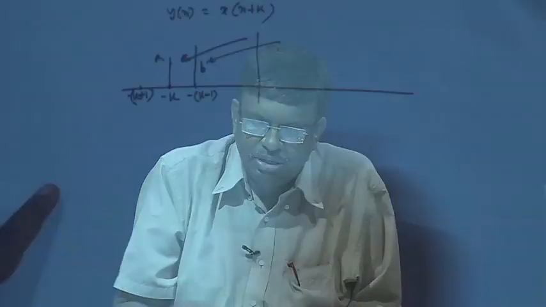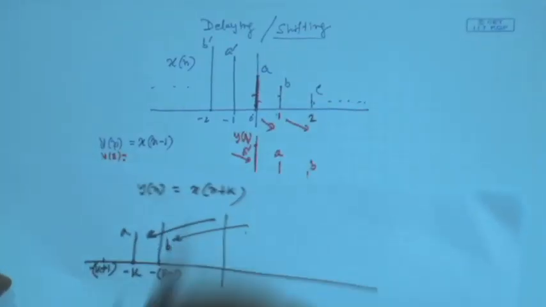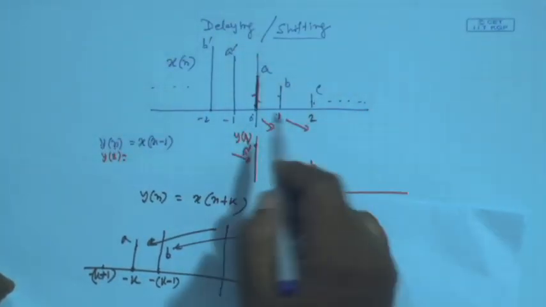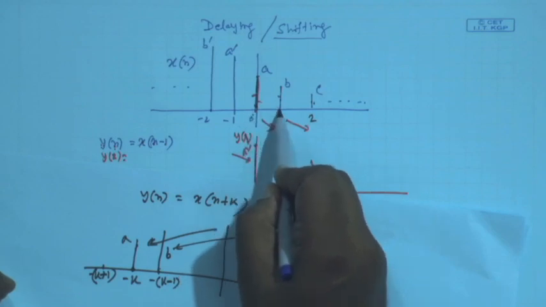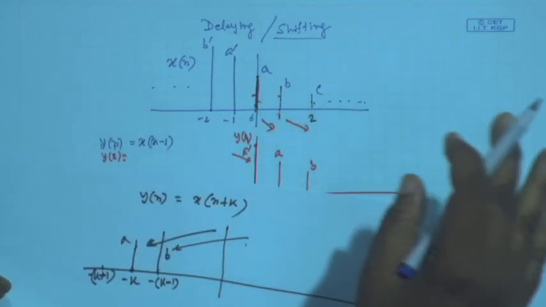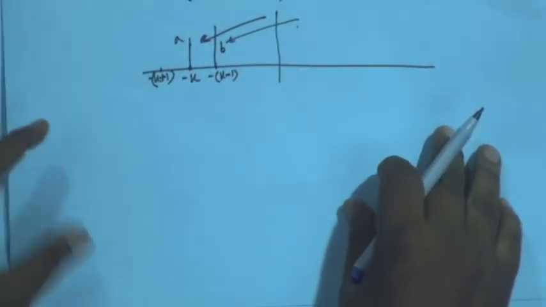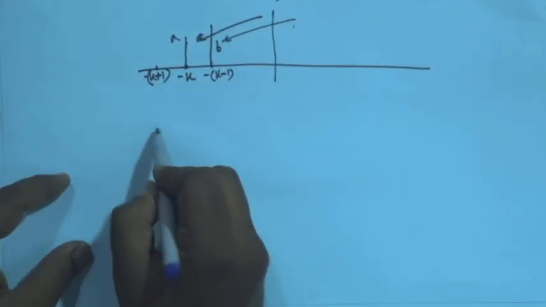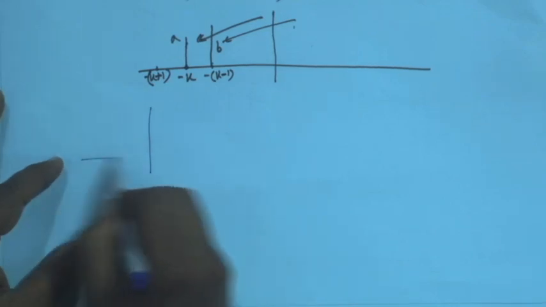Okay. So, in the previous lecture, we were considering shifting to the right and shifting to the left. If the sequence is a real time sequence, obtained by sampling an analog signal, where this is the 0th sampling point, this is the first sampling point, this is the second sampling point, then this shifting amounts to delaying or advancing the signal, because suppose this is your analog signal,